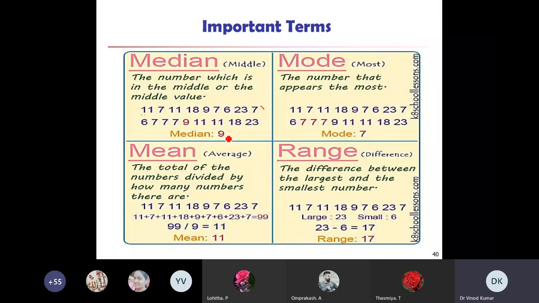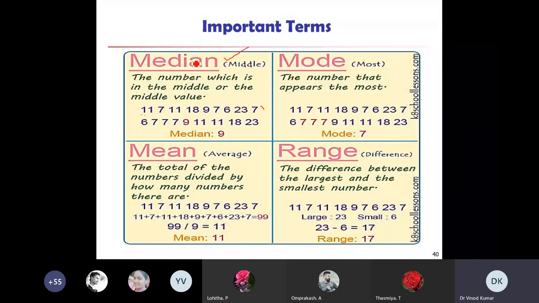You may know, for odd it is different, and for even it is different. So this is the median, the number which is in the middle, or the middle value.